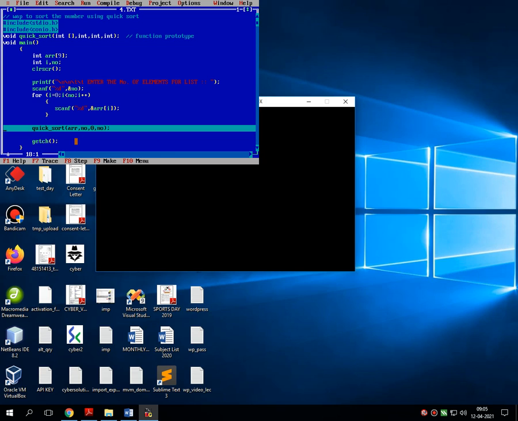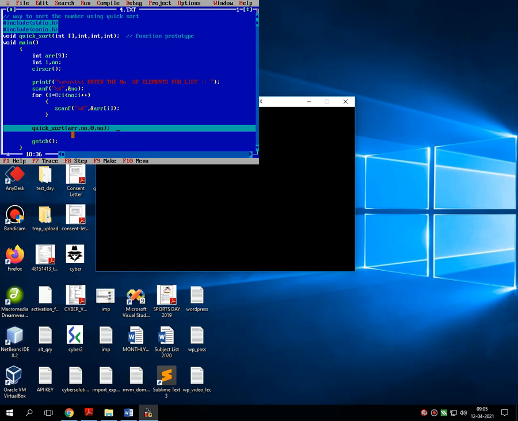Then it passes all these arguments into the quick_sort UDF. The arguments are array, meaning all these unsorted lists, number meaning 5 total numbers, 0 meaning the first position, that is the low, and number is high, that is the last position.